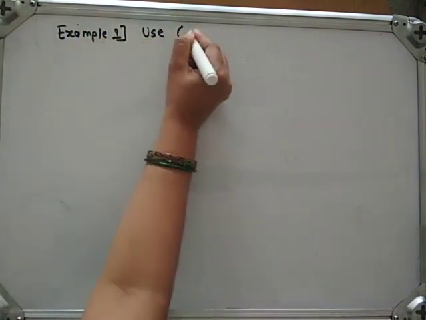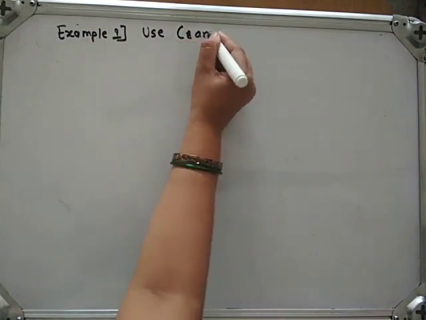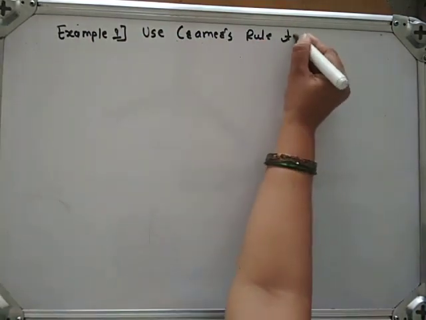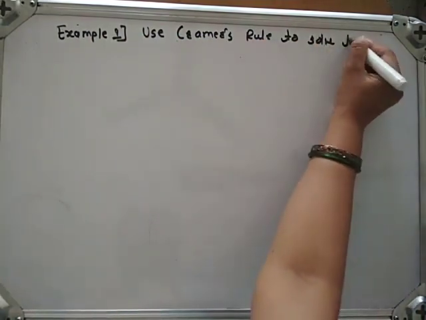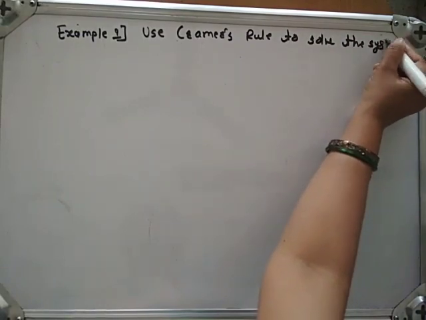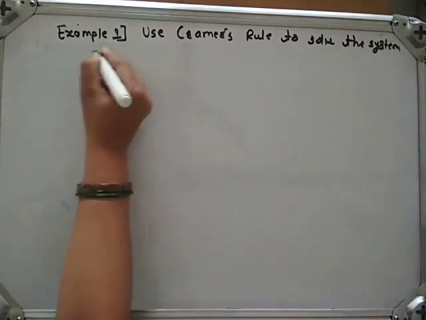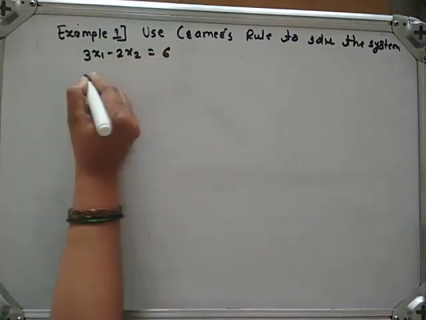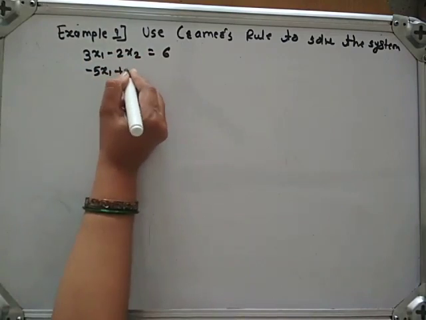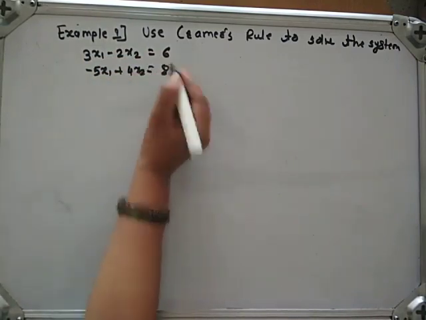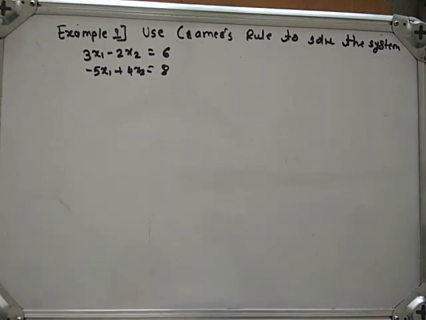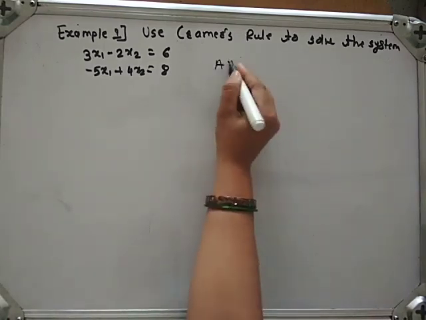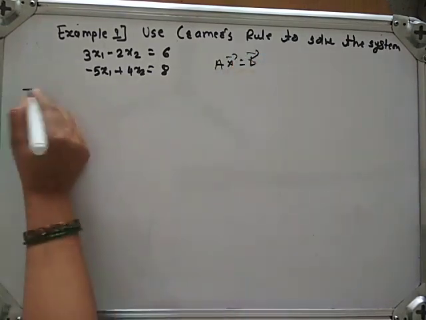Use Cramer's rule to solve the system 3x1 minus 2x2 is equal to 6, minus 5x1 plus 4x2 is equal to 8. We have to write this system in the form A x bar is equal to b bar. Solution: